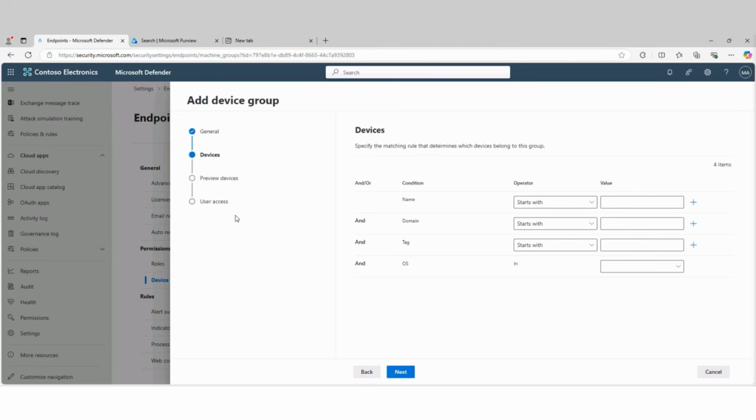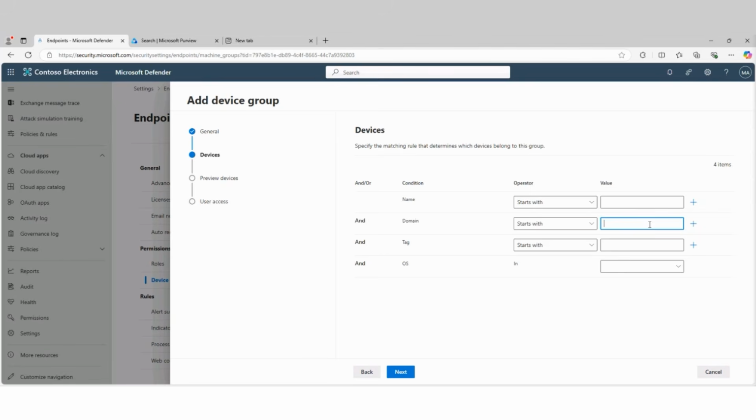So here's where we define the devices that are part of that group. What we're going to do is very straightforward. There's a couple different ways. These are and/or operations, as you can see. The easiest way to do it is I can say, you know what? If a device is part of a domain, like my tenant, then any